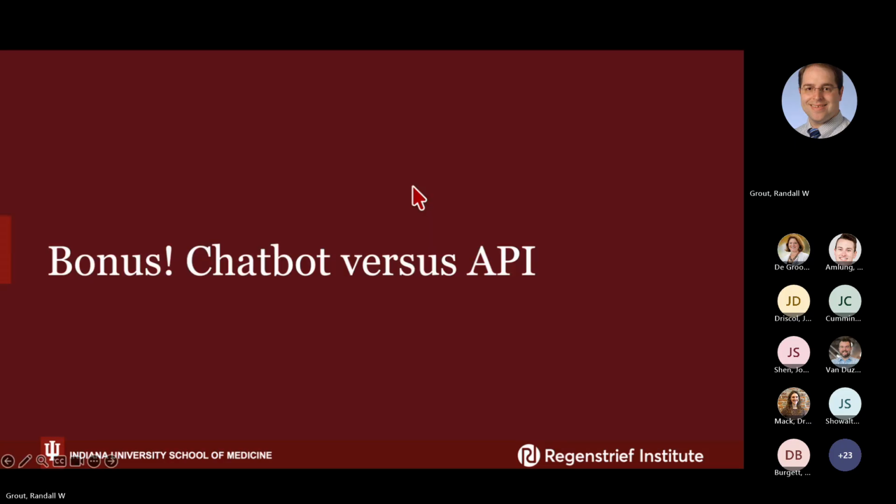All right, so now we'll move to a bonus part, a chatbot versus API. And I bring this up because we have access, and I know in this series over the past many months, there have been discussions about Realms and our ChatGPT EDU and Copilot and these different tools that we have. And it's pretty amazing. We can have this to help conduct the research, but there are ways that we can use it to be more reproducible and have more control over what's happening.